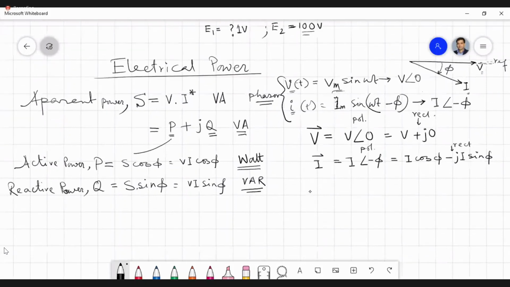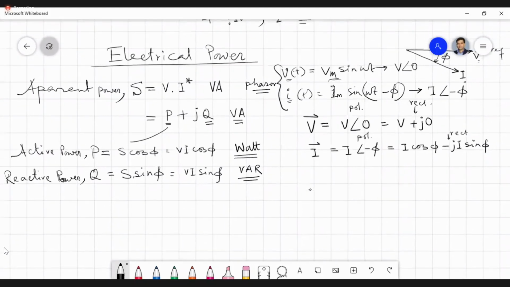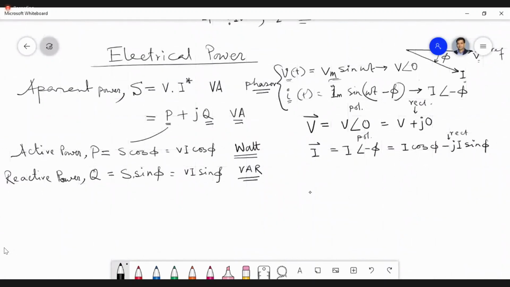Yes, sir, could you explain the significance of the I conjugate once more? Okay, so what is the significance of I conjugate? Now you see, suppose, as someone asked a while ago, why I am taking the voltage with the reference. I can also take the voltage with some other reference. So there the voltage vector will be different: some V with angle plus theta 1. And suppose this current